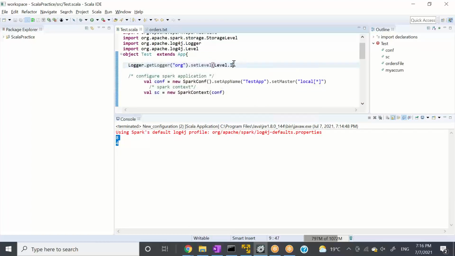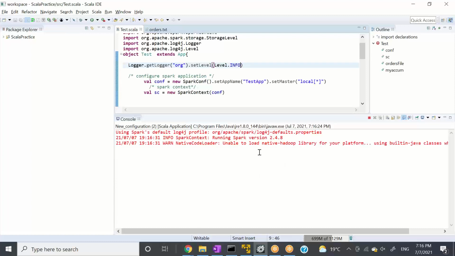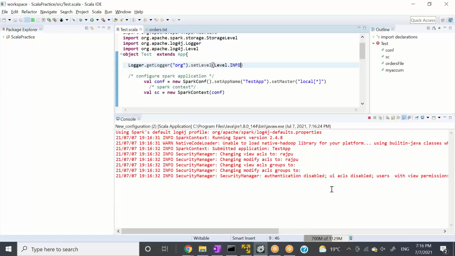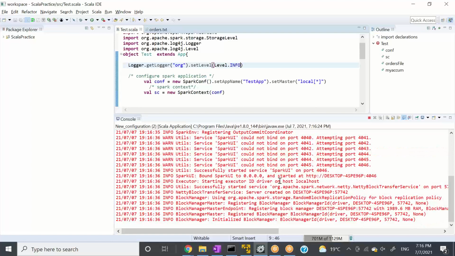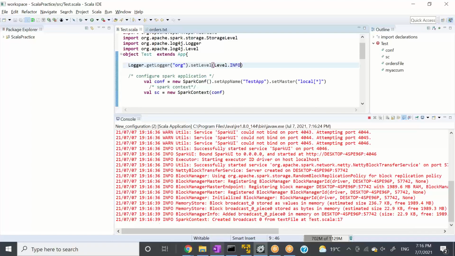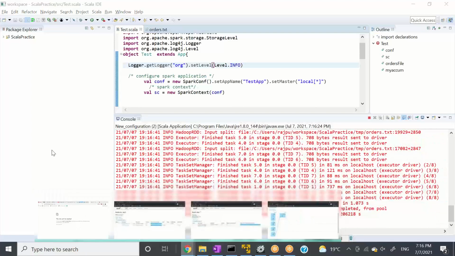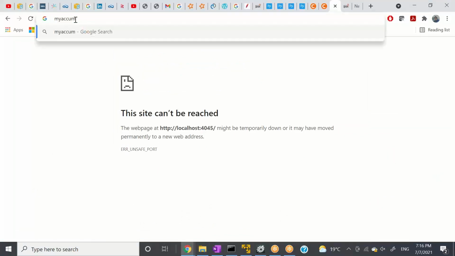Just 1 second. I'll say info here just to see which port it is running the job on, right? And I need to show you the accumulator name on the UI. Okay, 1 second. So it is running our job on 4046. Okay, so that's why it is not showing you here.